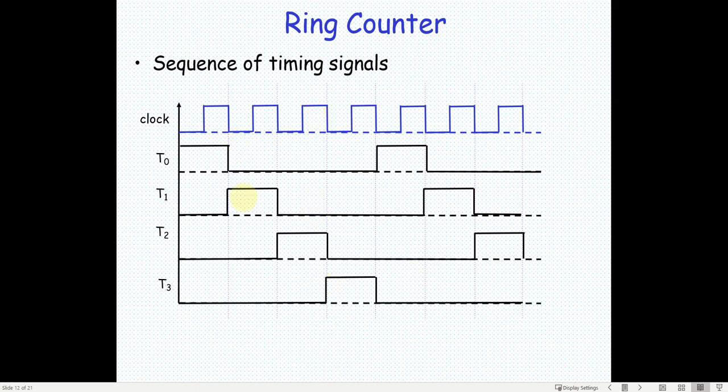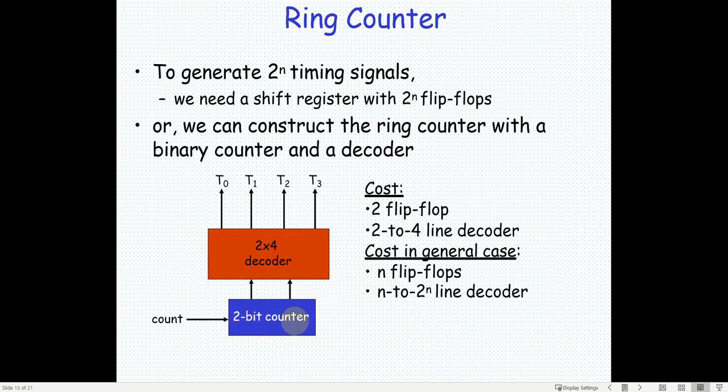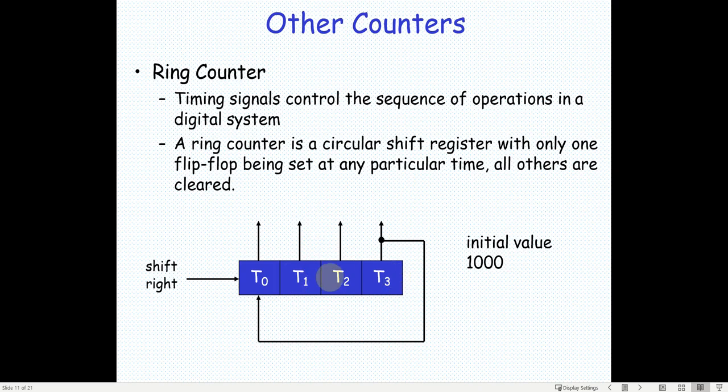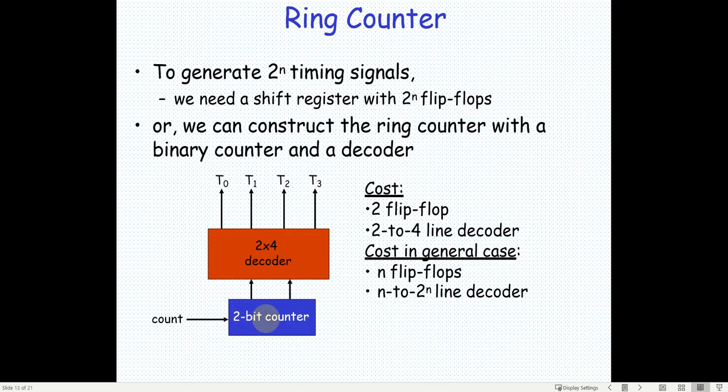Like these signals can also be generated by using just a 2-bit counter. Here we have used a 4-bit counter. Here we are going to use a 2-bit counter and a decoder. So some comparison has been done here. So you just have to understand that this is also a method of generating that 4-phase clock, which will use slightly lesser hardware.